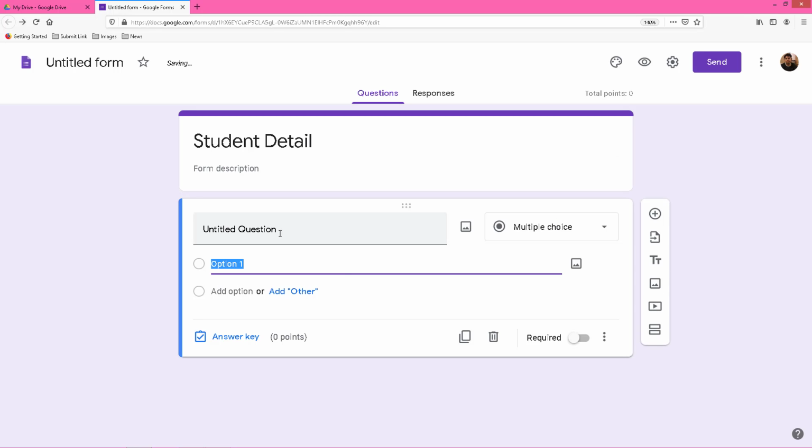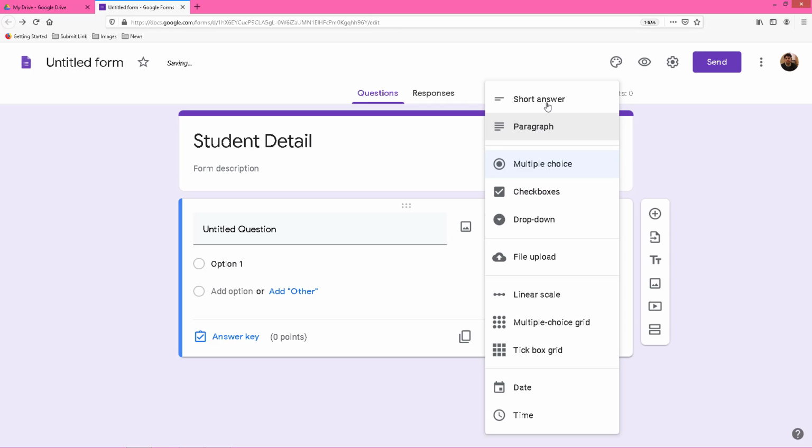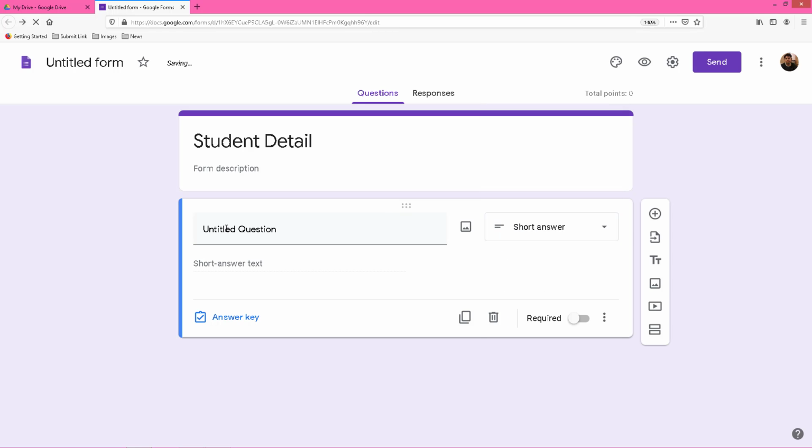Right now it is showing multiple choice. I will update it from here to short answer. Student name. This field is compulsory. That's why I will select required.